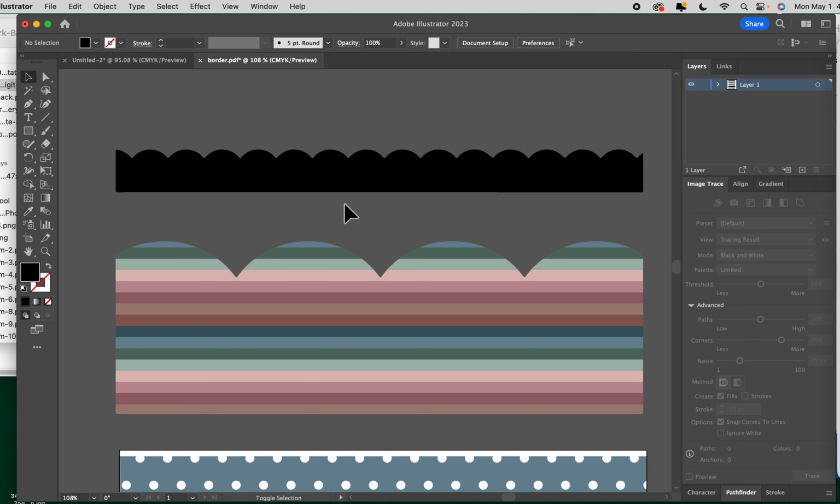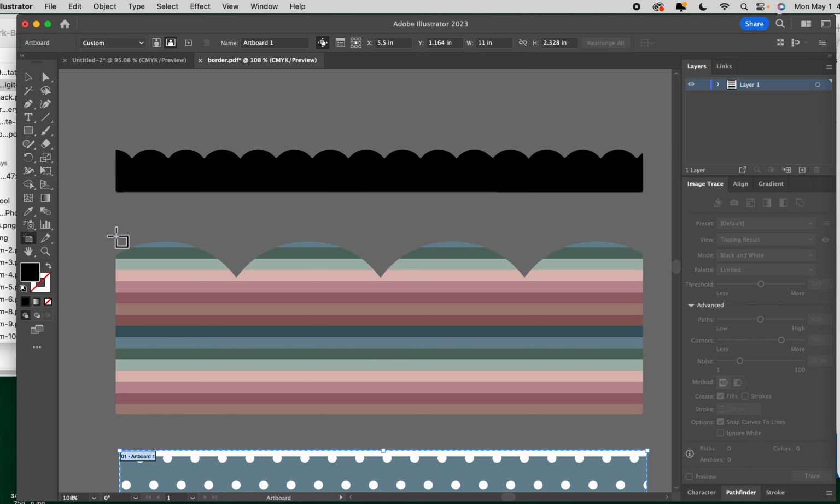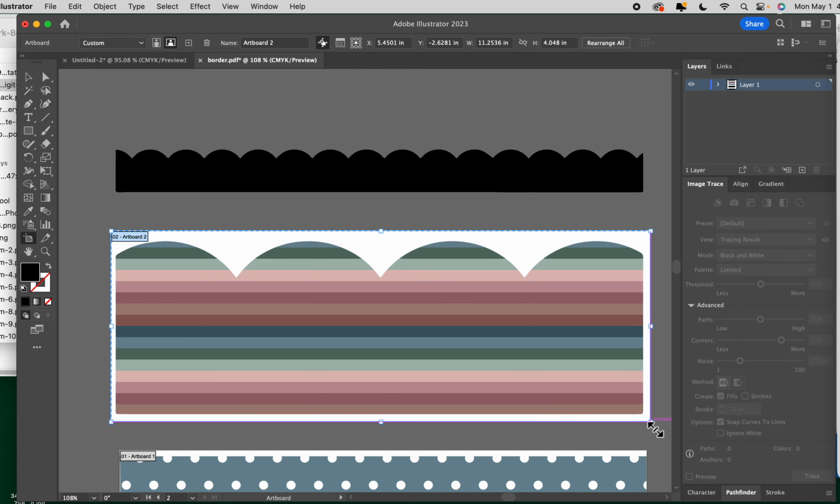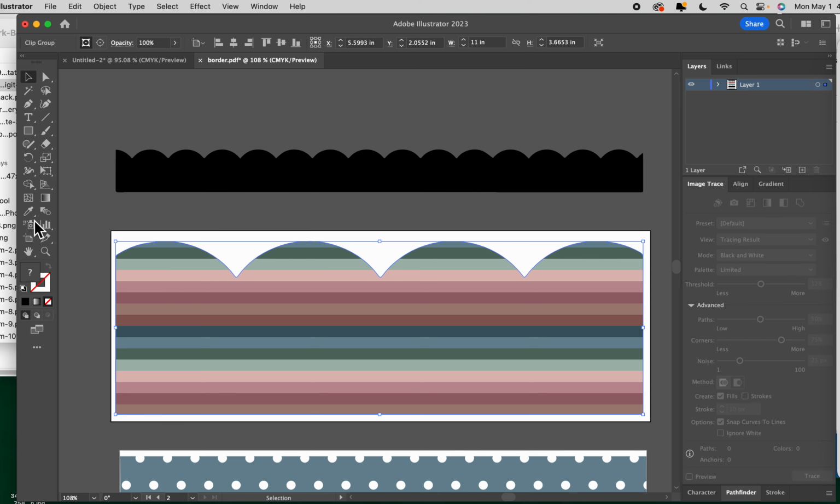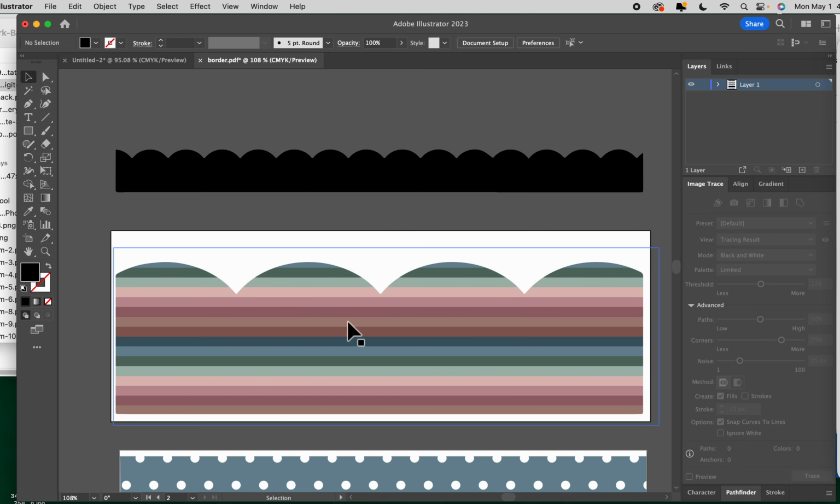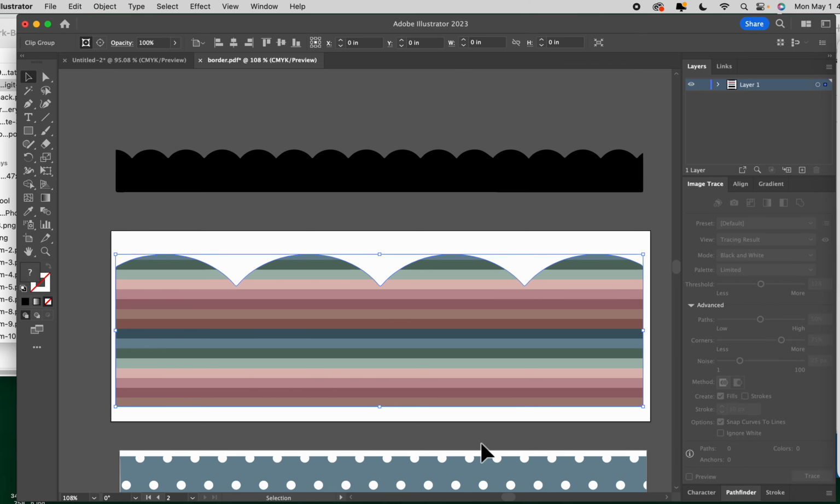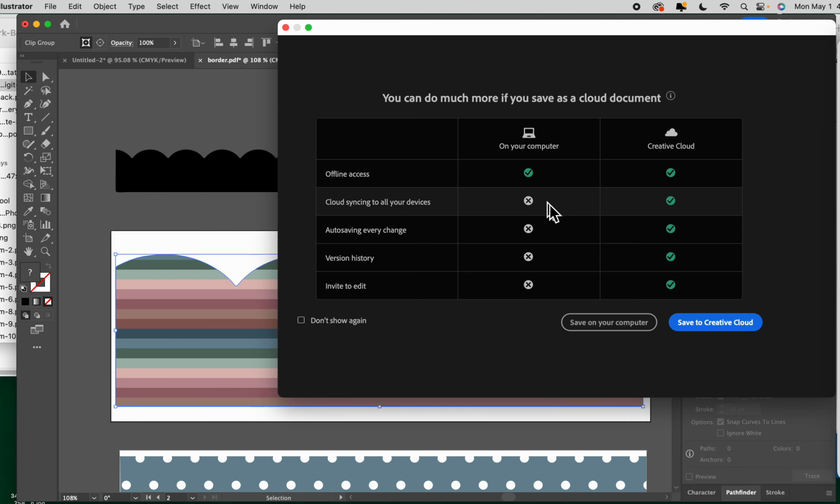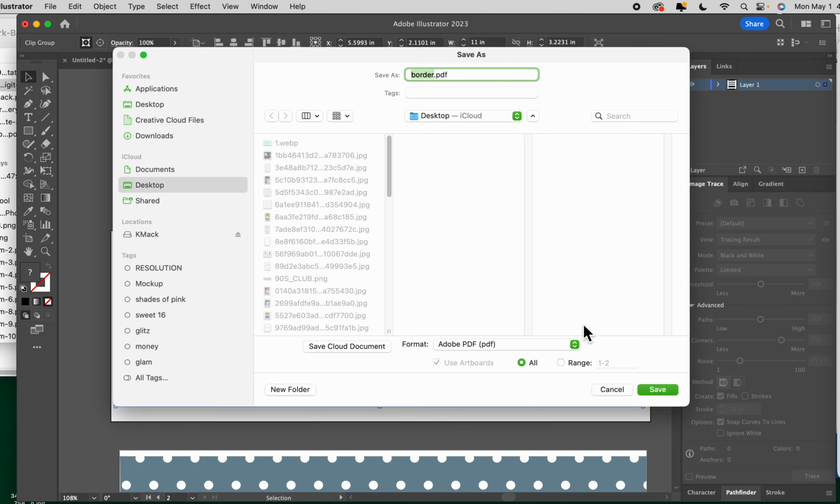So if I don't already have an artboard around it, I click Shift O and I'm going to make an artboard. So now I have my own design. So in order to put this into Canva and use it, I'm going to make this a little bit smaller right here. Okay. So in order to use this in Canva, I'm going to go to File, Save As, Save on my computer,